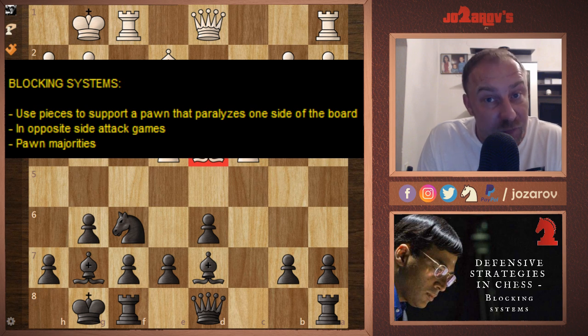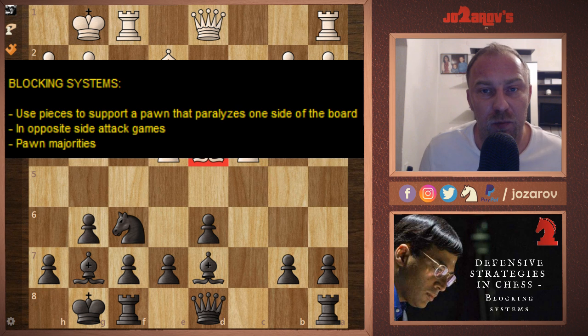Today we'll talk about some defensive strategies in chess again. Today we'll talk about how to create a blocking system. A blocking system is a very important defensive strategy in which you create an advanced pawn. This pawn will paralyze maybe the queen side, maybe the king side, but this pawn needs to be